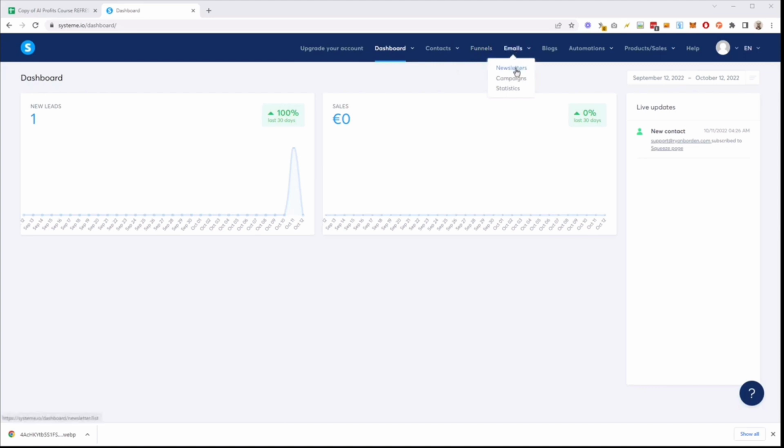Now they have newsletters, campaigns, and then statistics. We're going to use campaigns because campaigns is like a sequence, where you send one email after another, right? So remember the 7 touch point rule, like Chase talked about, where you want to email them 7 times. And so in the AI Profits course, we actually have the, let me pull it up,